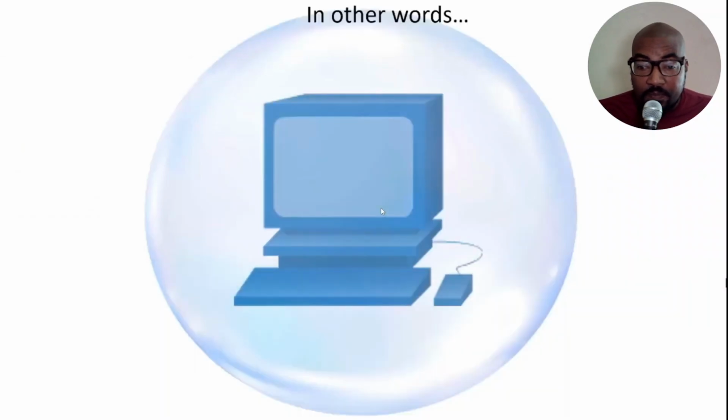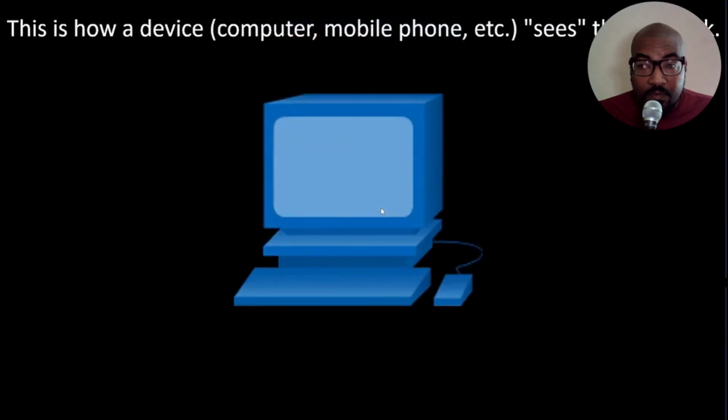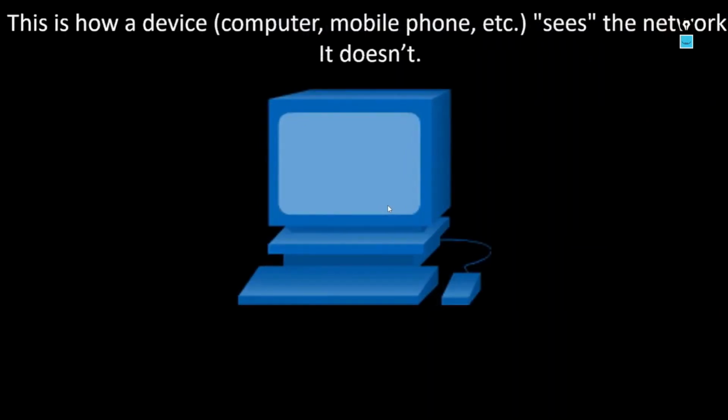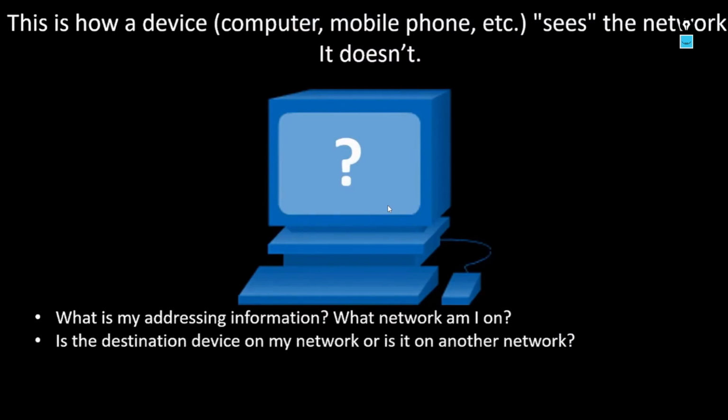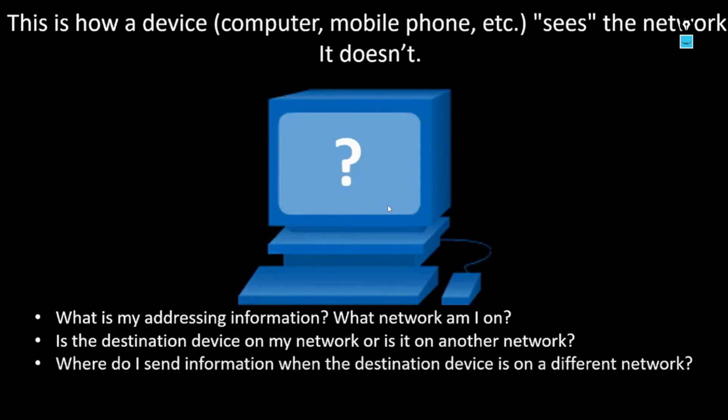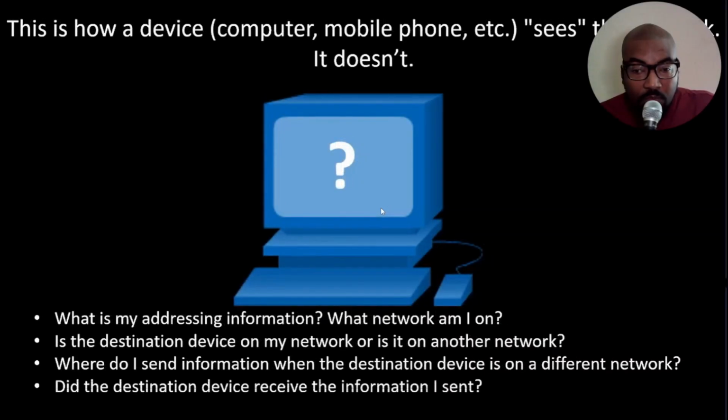In other words, this is how a device sees the network. So, how does a device know its IP address and what network it belongs to? How does a device know if the destination device that it needs to send information to is on the same network or another network? If the destination is on another network and the information has to travel through intermediary devices, how does the source device know where to send it next? How does the source device